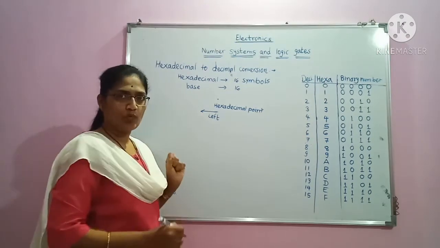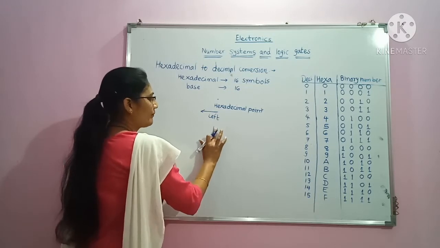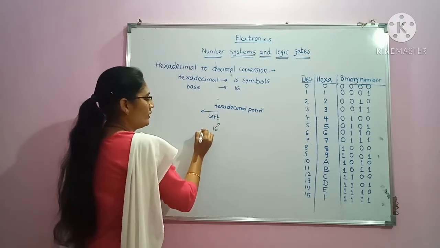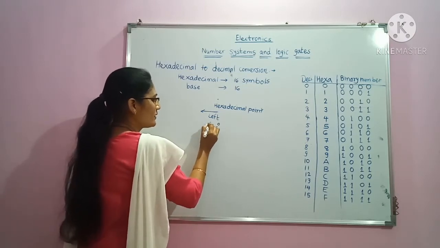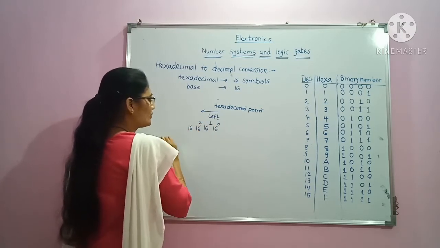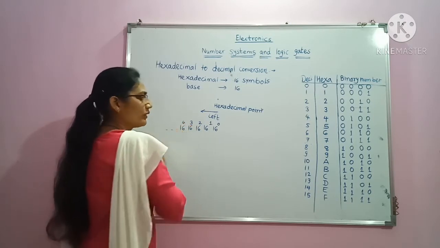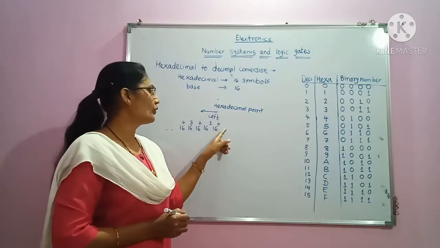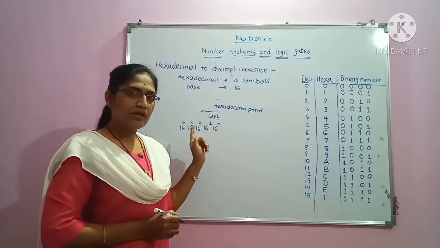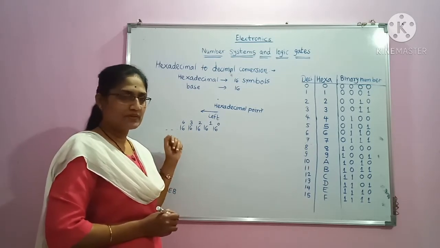Then if I want to find out the value of any number, then as I move towards the left from this hexadecimal point, I have to multiply each digit by 16 raised to 0, then 16 raised to 1, then the next successive digit by 16 raised to 2, the next by 16 raised to 3, 16 raised to 4 and so on. It means that as I move towards the left from the hexadecimal point, the power of each digit is going to increase in multiples of 16.